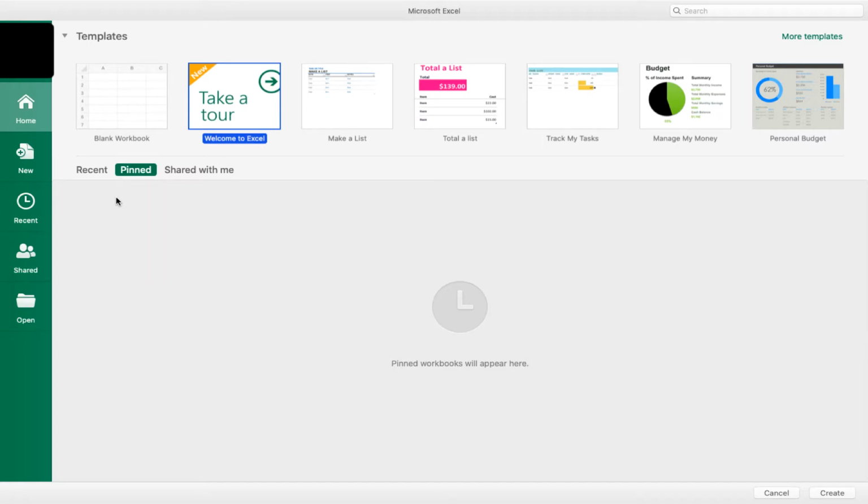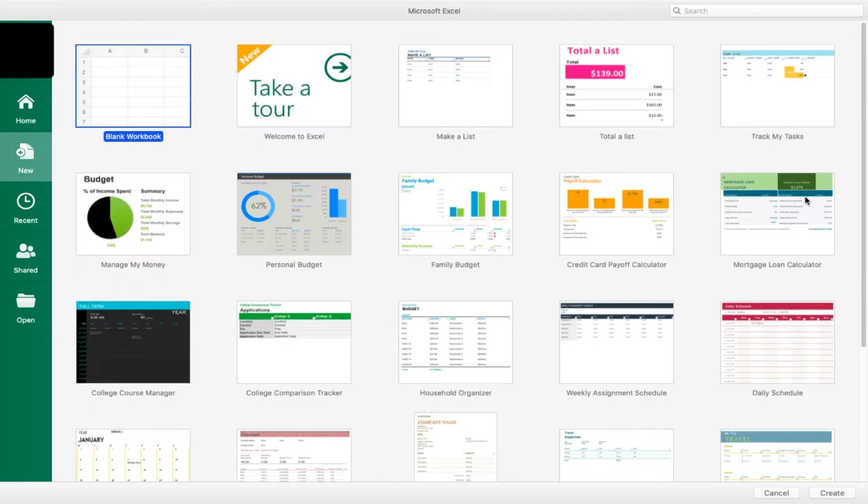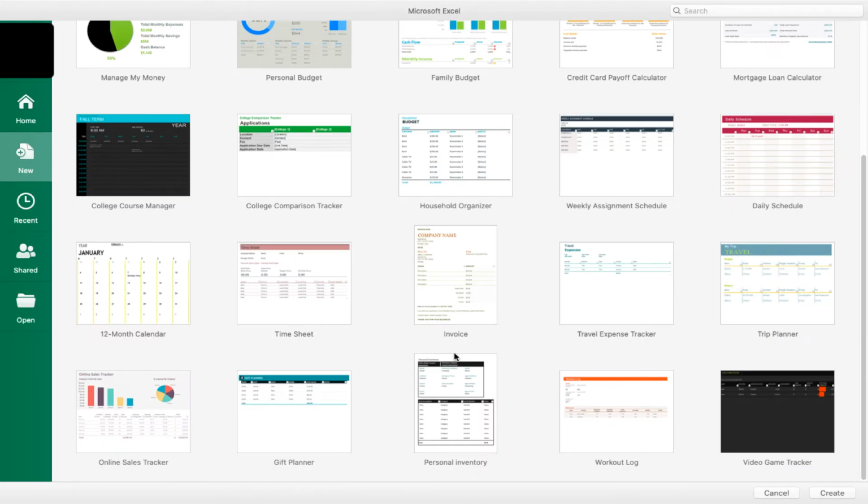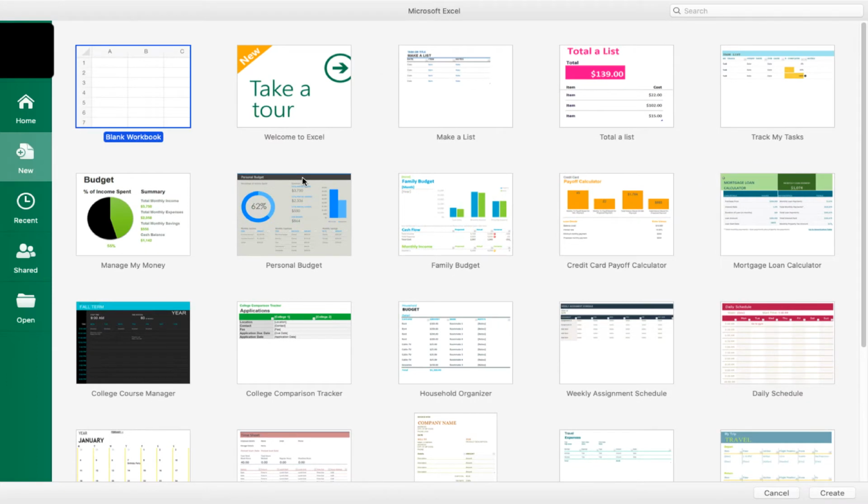You know it, baby. So as I said, I know nothing about Excel, but I do know one thing for absolute certain: every time somebody wants to go into Excel, they click on Excel and then they click on blank workbook, because you have to be a psychopath to click any of these other things. Nobody has ever clicked them in the history of programming. When Charles Babbage invented the computer in the 1500s or whatever, he also had a take a tour feature, and nobody used it either because they wanted to do things.